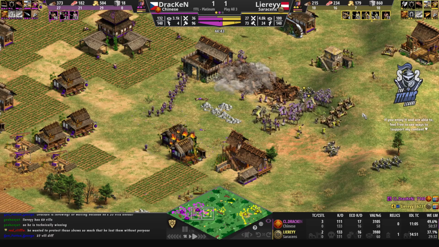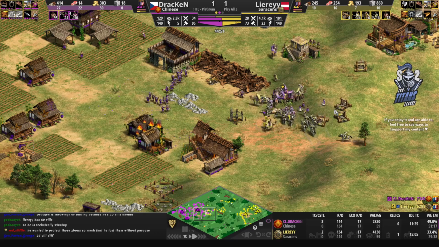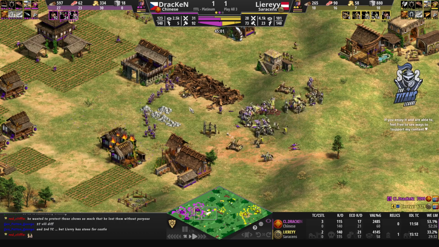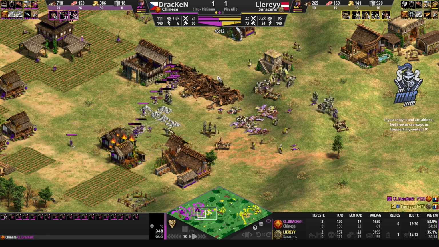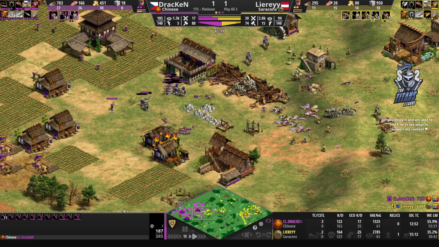But here comes another big engagement once again. Liereyy with the hails, gonna try to hold on to his advantage, trying to take on the camels over here and get conversions going. We'll be able to land some conversions, but we still have a super large amount of crossbows for DracKeN to work with. And while the unit control over here for the purple player is nowhere near as good as it was in the past, and he does end up getting pushed away by the Mangonels,